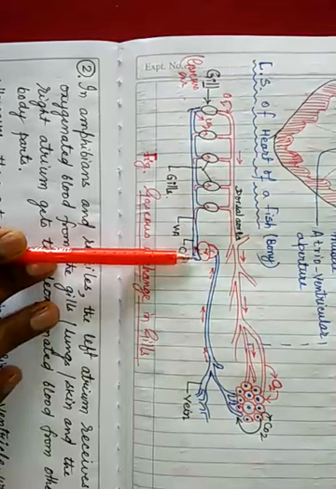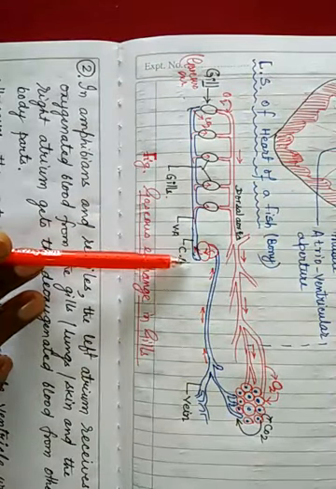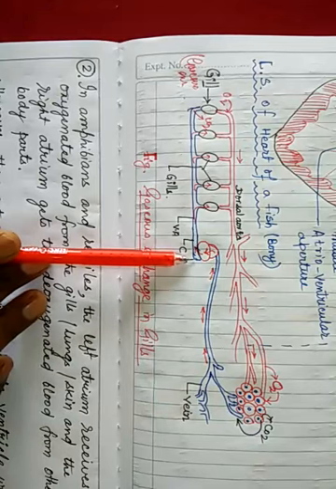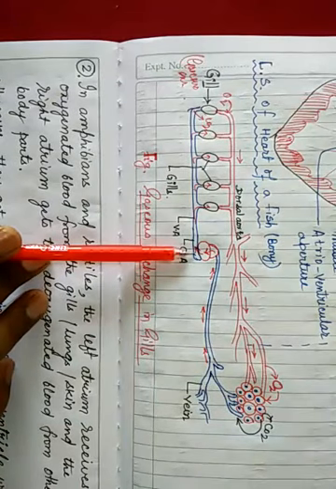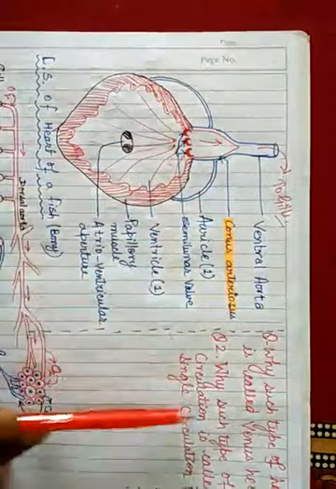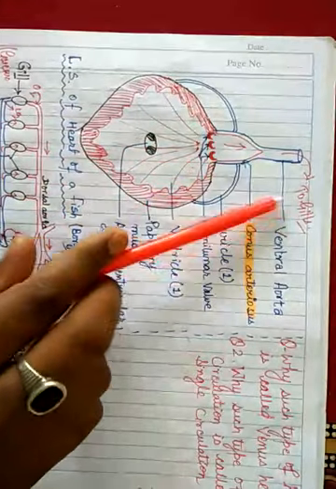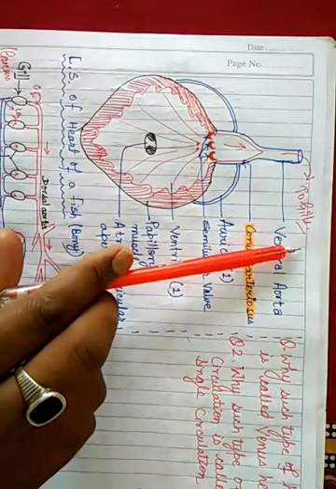So in this way, such a type of heart we can call a venous heart, where deoxygenated blood comes into the heart and deoxygenated blood is pumped to the gills. And such a type of circulation we call single circulation. You can see single circulation. Why is it called single circulation? Because a single time blood comes and blood goes out from the heart.